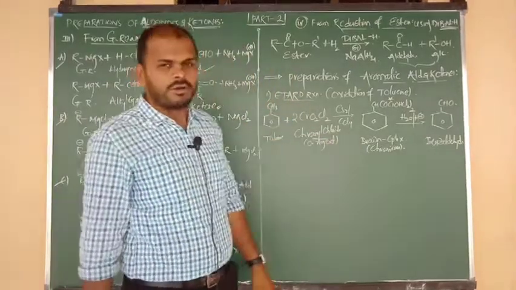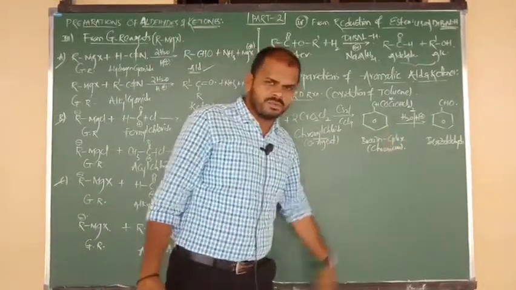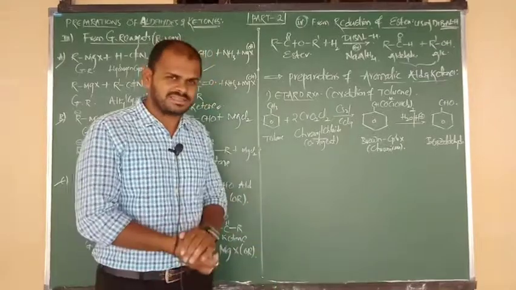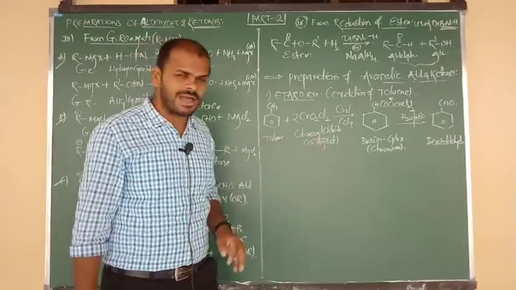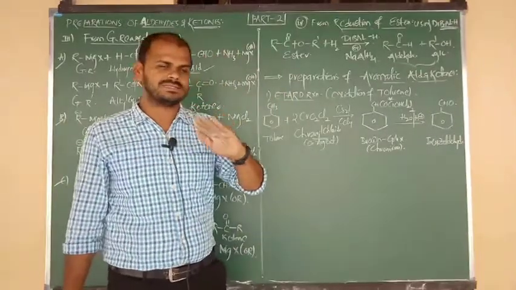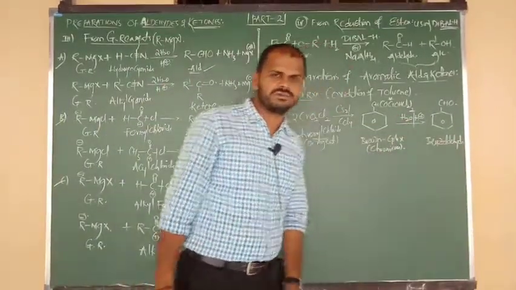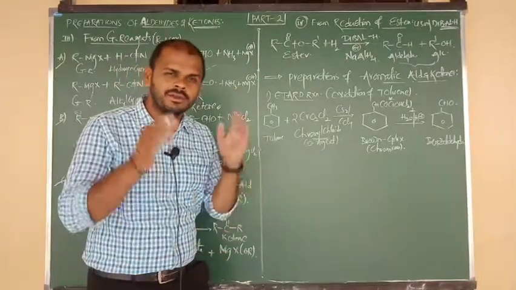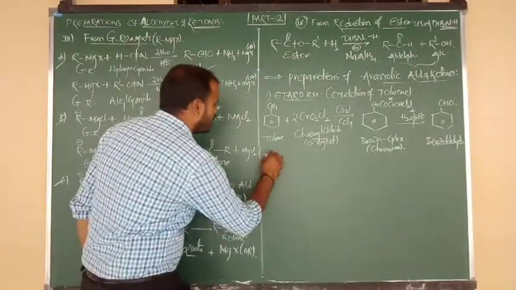And what is the intermediate complex? Okay, now, brown color chromium complex. Like that we have to consider. Toluene on oxidation with chromyl chloride in presence of CS2 gives a brown color chromium complex, which upon acidic hydrolysis gives benzaldehyde. Like that, try to remember the statement. Good. Number 2.